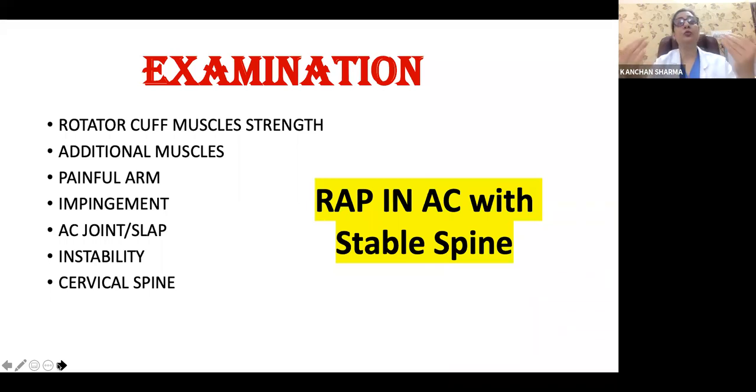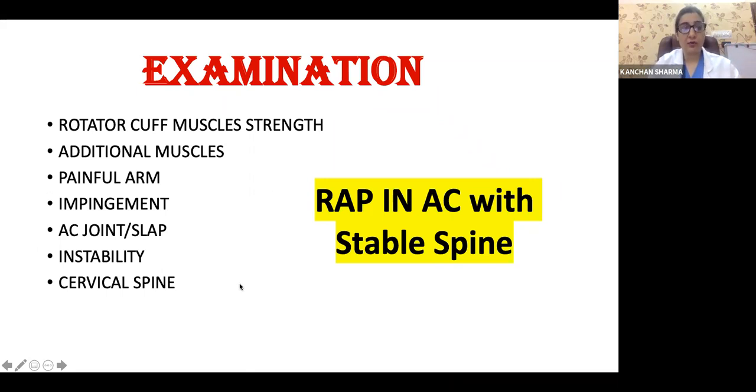you need to ask the patient to follow what I am doing. If the patient is able to do it nicely, it means the active motion is perfect. If he is not able to do it, then you need to support it. Now once you have tested the active motion, the second thing is you need to go for the examination